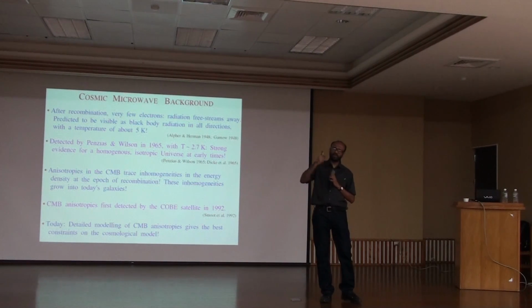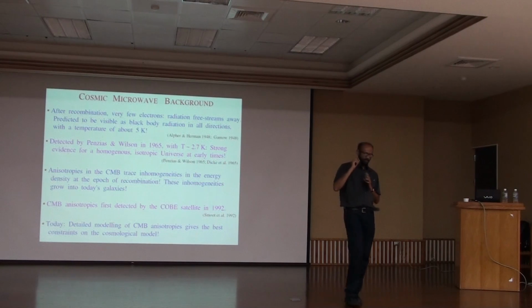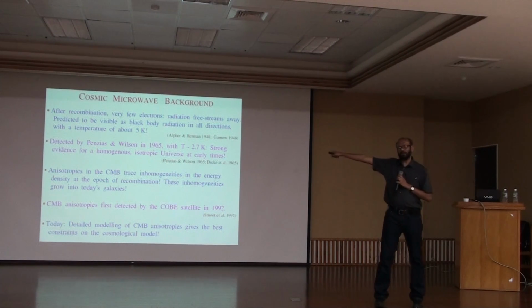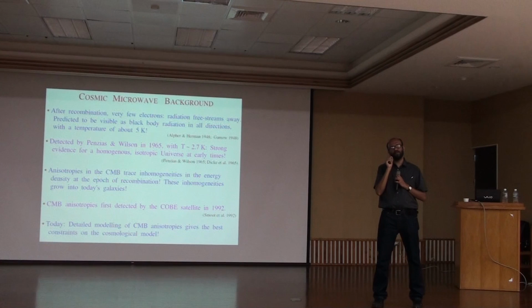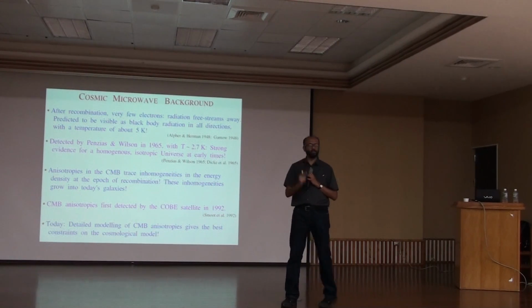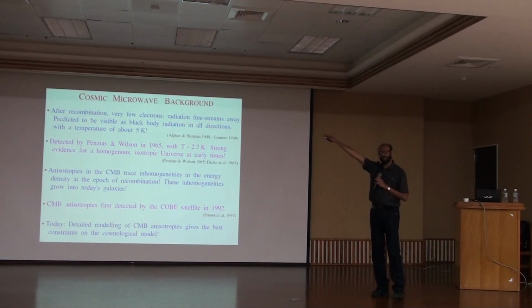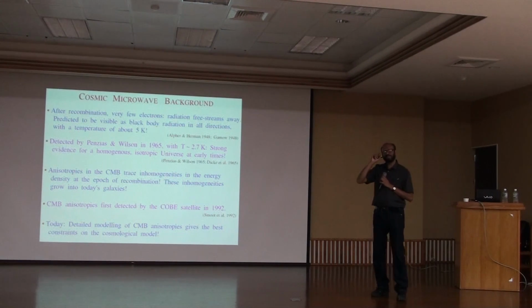And now if the universe is slightly inhomogeneous, slightly non-uniform, this means that the microwave background will look slightly different in every direction. Very slightly different. By a tiny amount. And you know how much that amount should be from theory. That's another prediction of the Big Bang. The universe should be nearly perfectly homogeneous, but not exactly perfectly homogeneous. There should be anisotropies. If I look in different directions, the temperature should be slightly different.